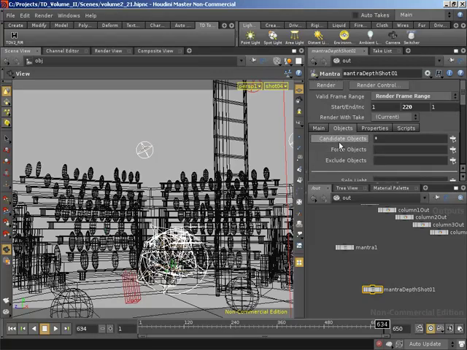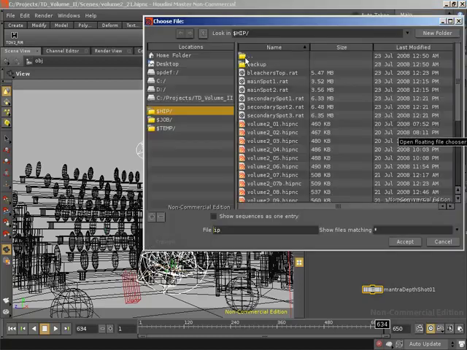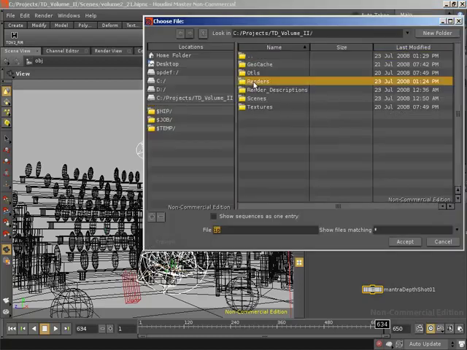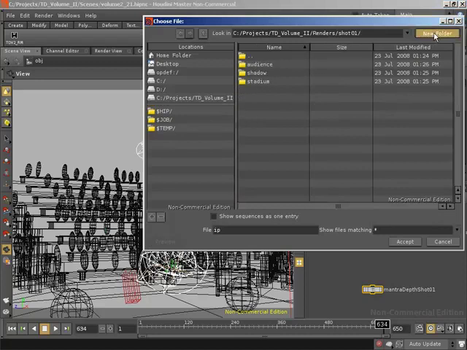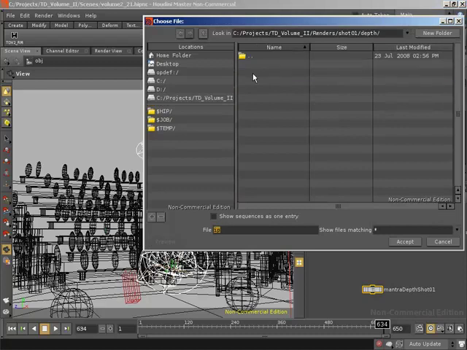A lot faster render times. So I'm going to come over to the Properties tab and specify an output sequence. I'm going to bring up our browser, hunt down our renders folder, and since we're dealing with shot 1, I'm going to jump into the shot 1 folder, create a new folder manually that I'm going to call depth. If we jump inside the depth folder, I'm going to name these files depth underscore shot